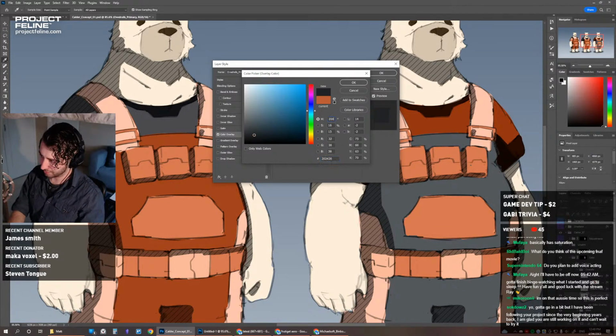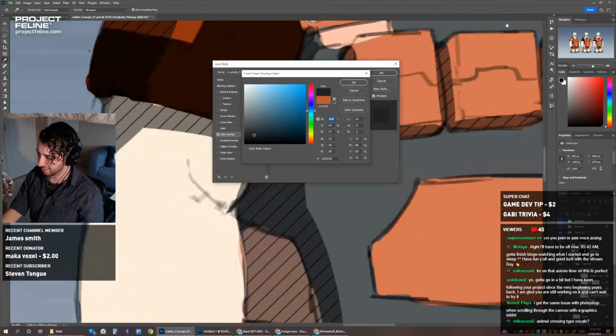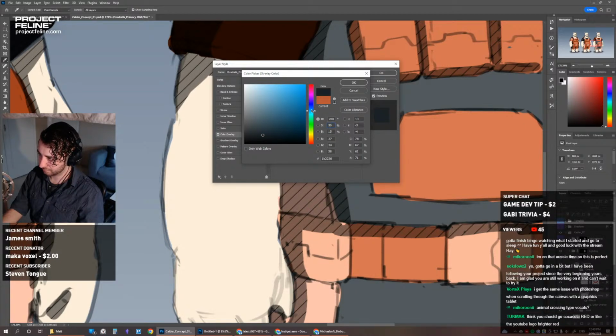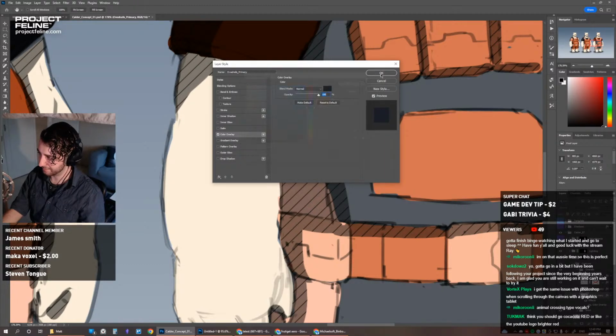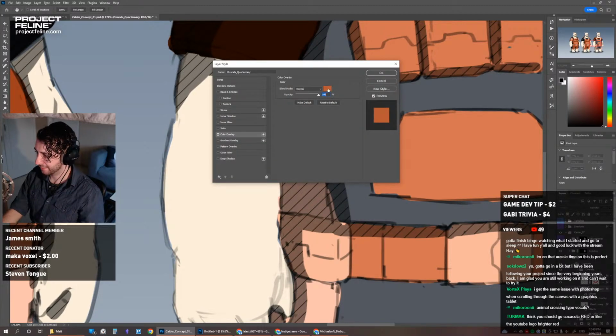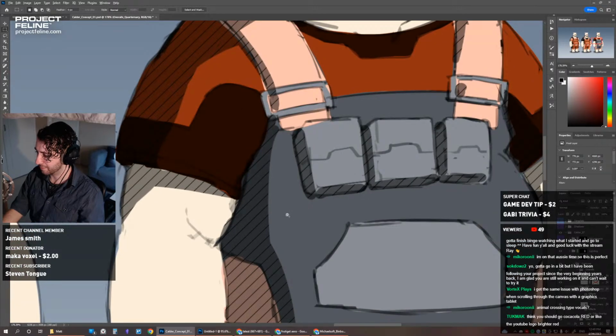We'll do 200. Is that too saturated? Maybe 220. Yeah, I think 220. So we'll try this sort of grayish blue. It looks a bit more interesting, I think.